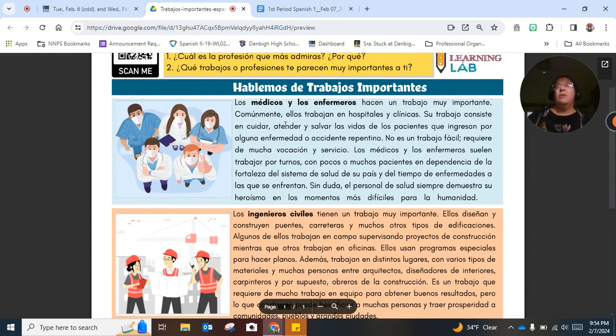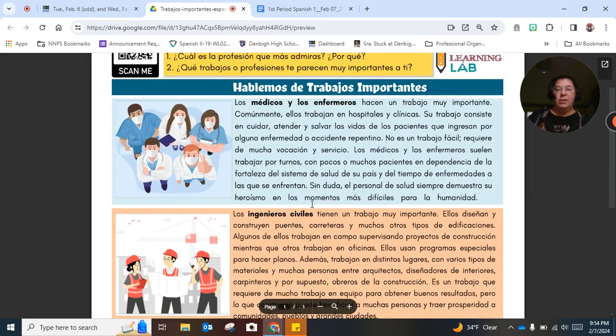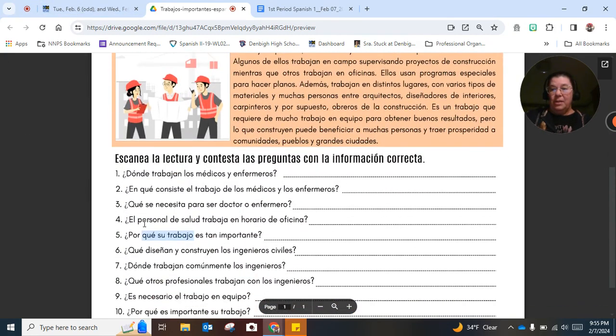One of the other things we talked about as a class, and I really pushed it hard, is we keep seeing the word important, important, important. Yes, all of these jobs are important, but one of the things I wanted to push forward is that whatever job your parent or guardian is doing is also important. Yes, these jobs here are important, but I would never disrespect your parent or guardian, because whatever they are doing is contributing to our society, and I wouldn't be able to have my life the way it is without your parent or guardian doing whatever their job is. So, I just wanted to make that clear. All right, back to this.